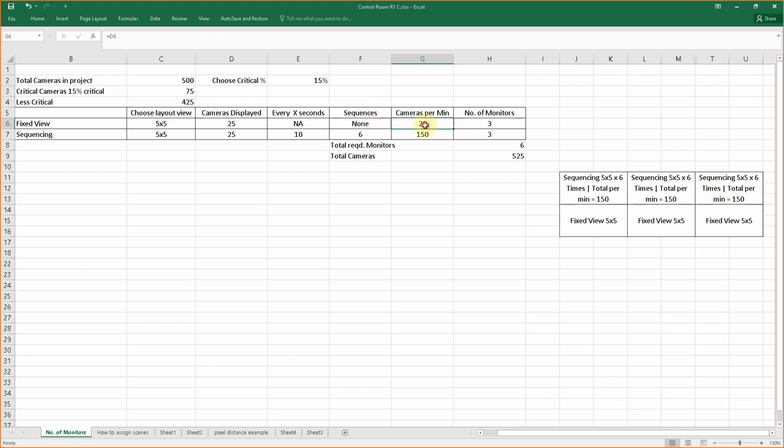Why 1 minute? Let's say the operator decides at any point what's going on in the staircase area. So he will look at one of the monitors with all the staircases. Within 1 minute, that camera will come up. So he'll be fine. Okay, I saw, no issue, no incident. He'll go back to the other view. All right. So if you keep sequencing for 10 minutes, then he has to keep looking at the screen for 10 minutes. So that is not right. That will not work out. So you can keep it as low as you want, but generally speaking, within 1 minute, you should identify an incident. Okay.